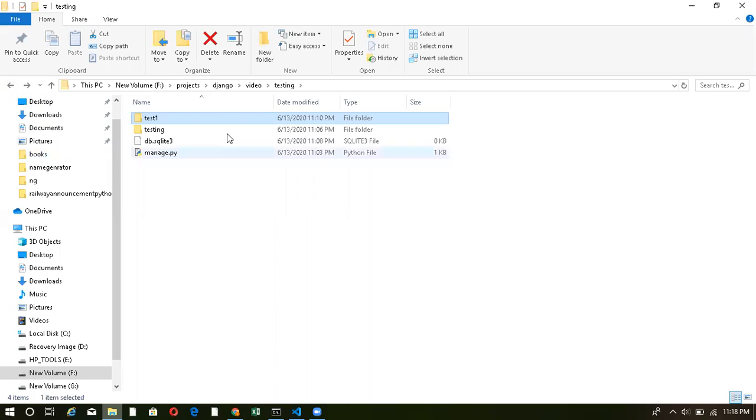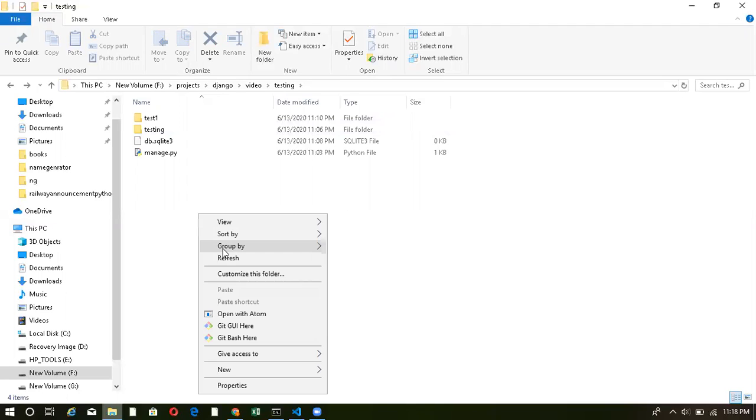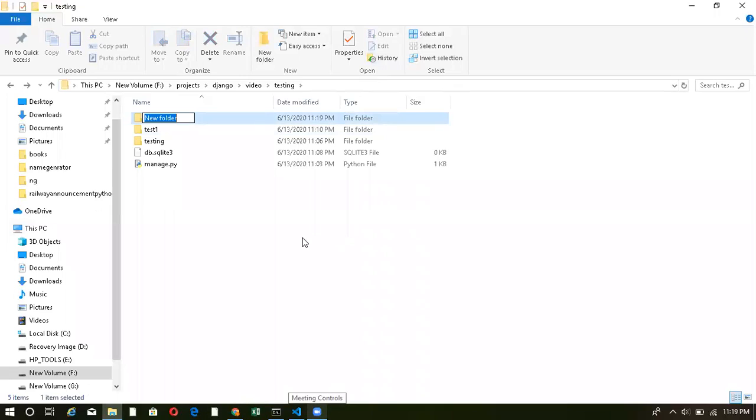Base directory, as I said, is this thing. I have to make another folder named templates. And what's the use of these templates? All my HTML files will be kept inside this templates folder.